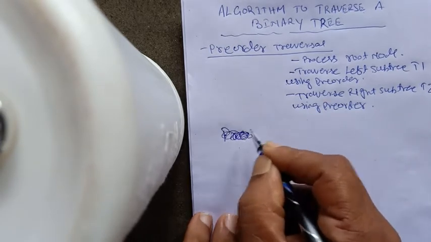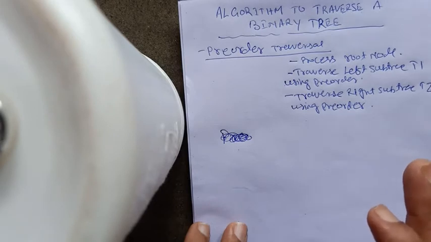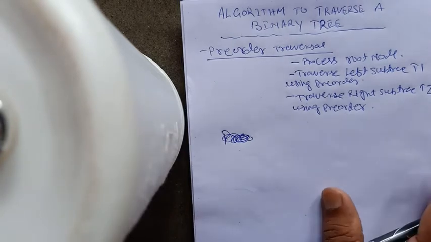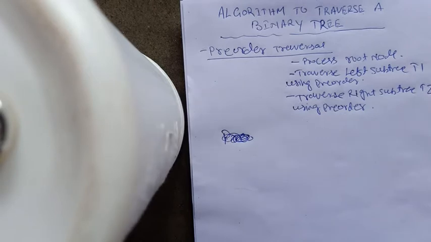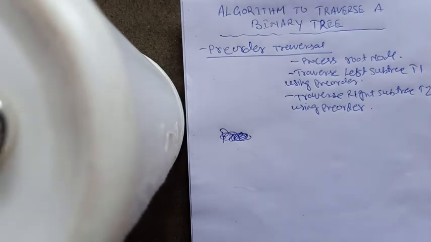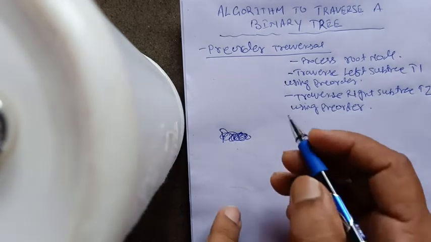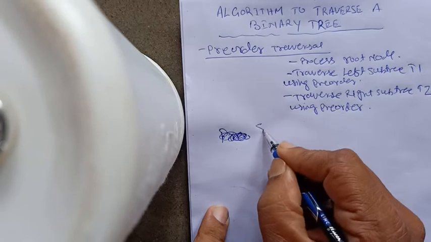Okay, now before that, let me tell you how the tree must be represented in memory. Now there are two ways of representing a binary tree. One is array, another one is structure. Now we will assume that the tree is represented in the form of a linked list. So when a tree is represented in the form of a linked list, every node must have a structure of itself. So each node must have at least three fields: info field, then two pointer fields. One pointer is known as the left child pointer, the second one is known as the right child pointer. So first let me declare the structure of a single node.